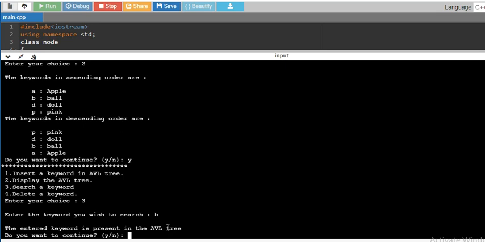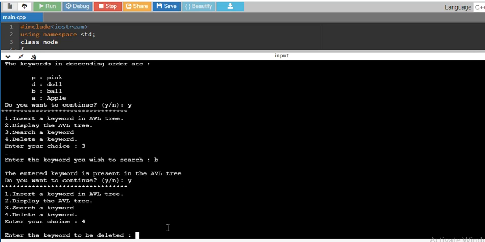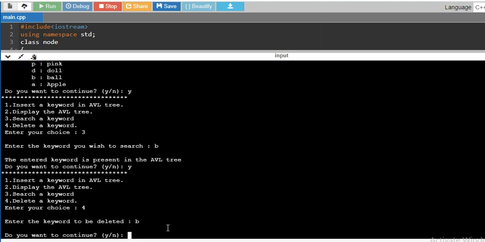Now suppose we want to delete any particular key. I want to give that choice; we want to continue, yes, and now I have to give the option for deleting. So I will mention delete my key. Suppose the keyword to be deleted is B. So I will say B should be deleted. Now do you want to continue?